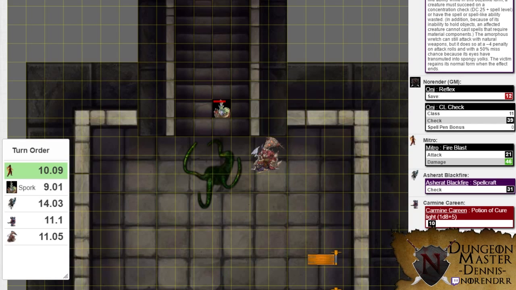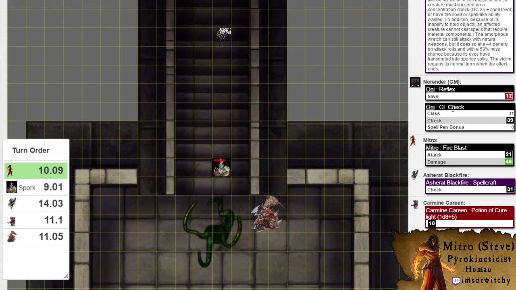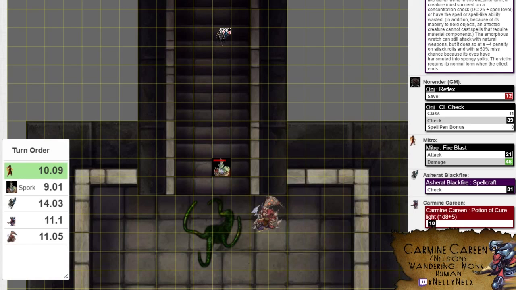Alright, Mitro. I have to get rid of these black tentacles, but I've got nothing. Screwed on that. Oh shit. Just so he feels like he's attempting to do something, because he really doesn't have the means to withstand any of the attacks from the enemy. He's got the health, but no real bonus. So just to feel like he's actually accomplishing something, he's going to